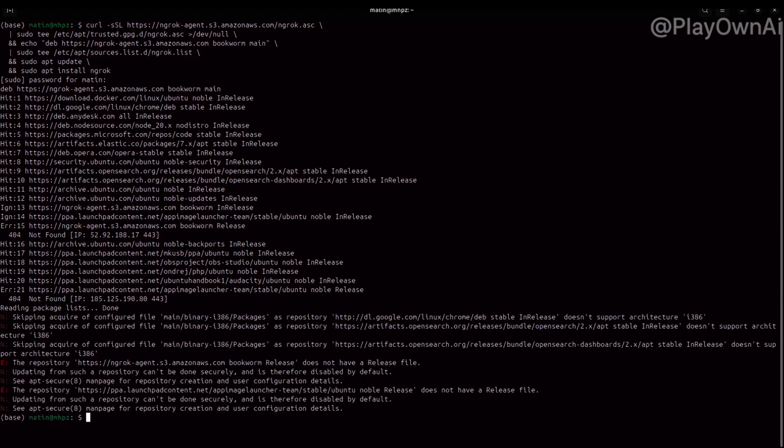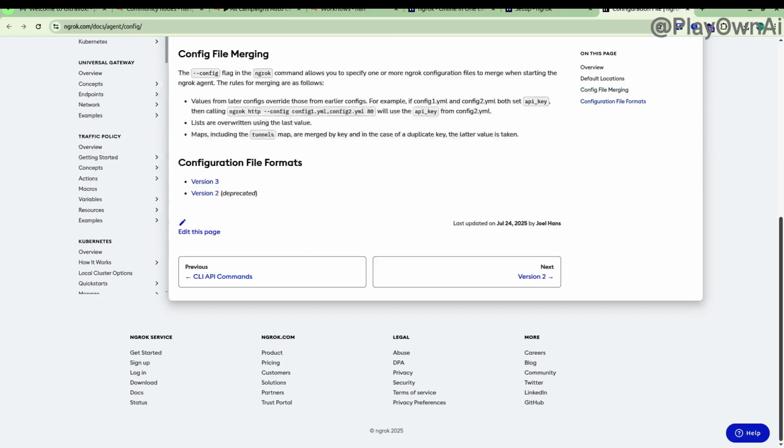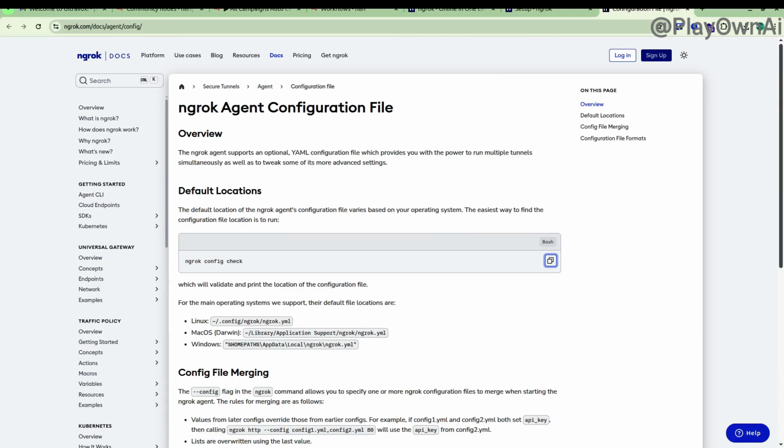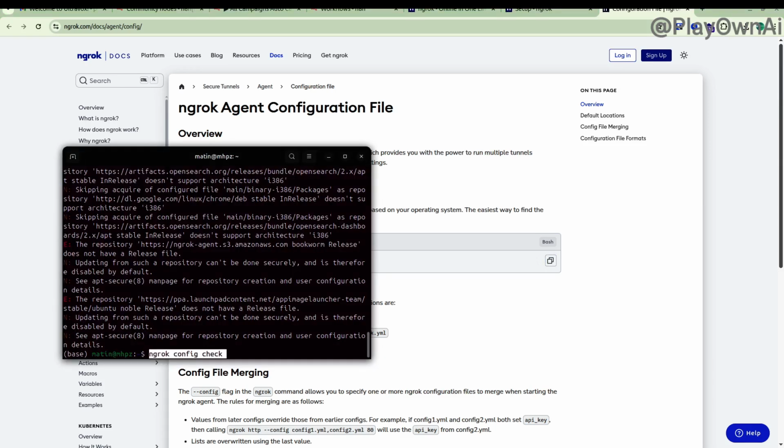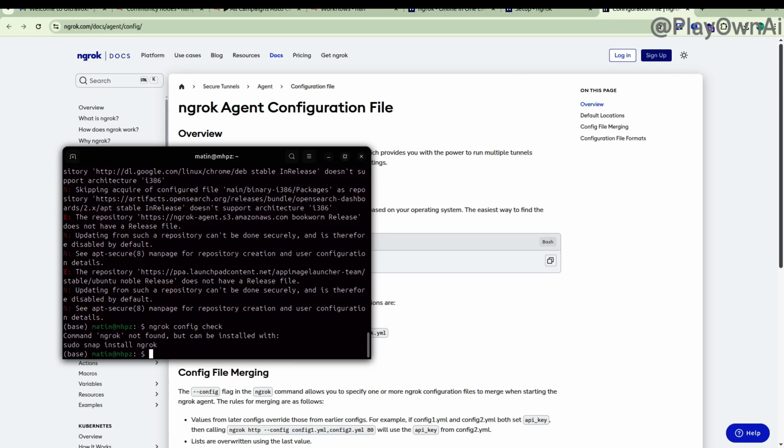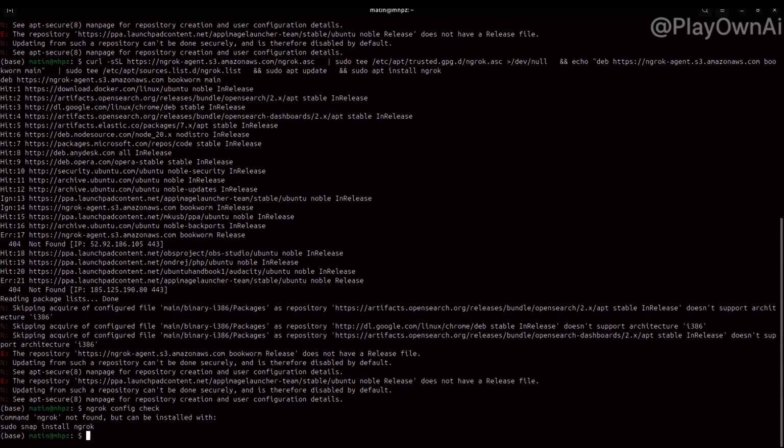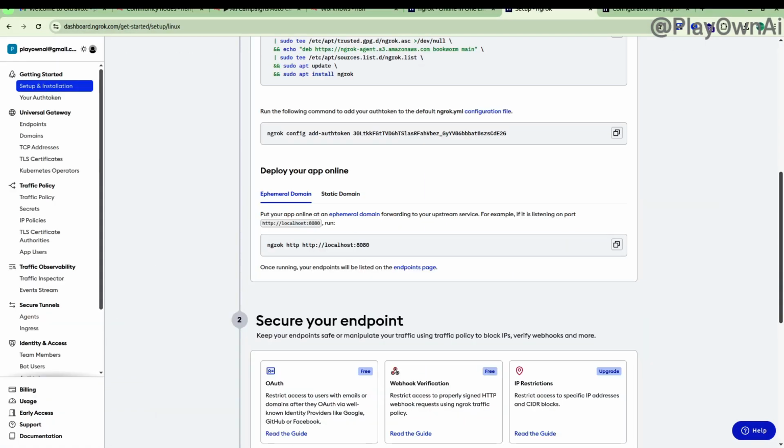ngrok config check, which will validate and print the location of the configuration file. For the main operating systems we support, their default file locations are Linux: /config/ngrok/ngrok.yml. However, you might run into an issue, especially if you're on a newer Debian version like Debian 12, also